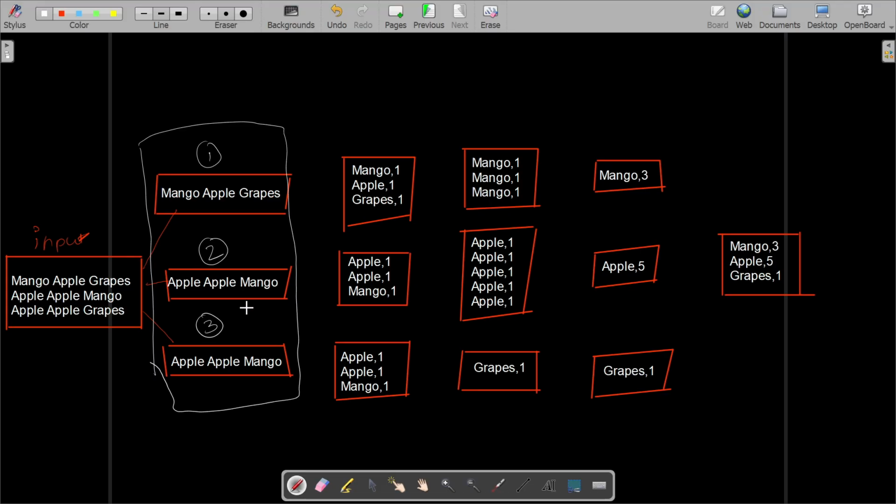Now, this use case is basically to count the number of words, right? So how many apples are there, how many grapes are there, how many mangoes are there. This is basically what happens in the map reduce architecture. So you have the data in different nodes. Now what happens is, right,